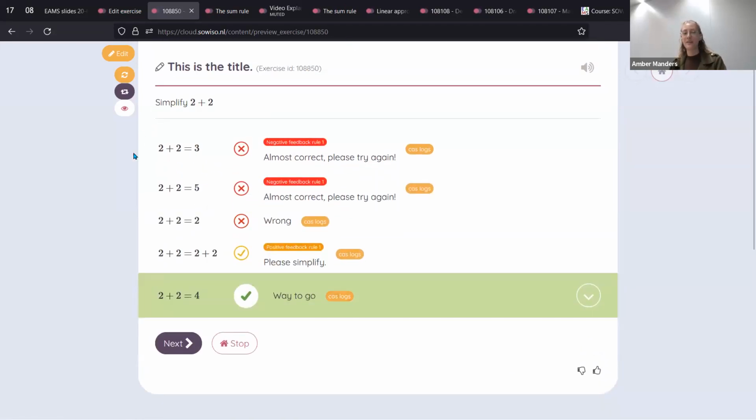So this is, in very short, a way to make an exercise from scratch. And like I said, if teachers decide they want to author their own material on our platform, so not just use the exercises that we have already, but actually make their own, then they always get a training where we explain how to do this with a bit more detail, and they can practice with it and ask our support team some questions.